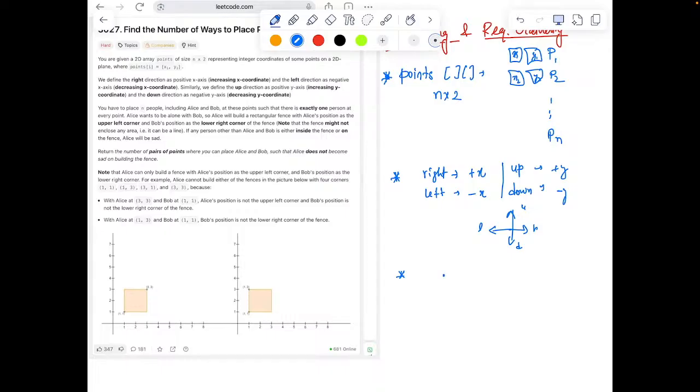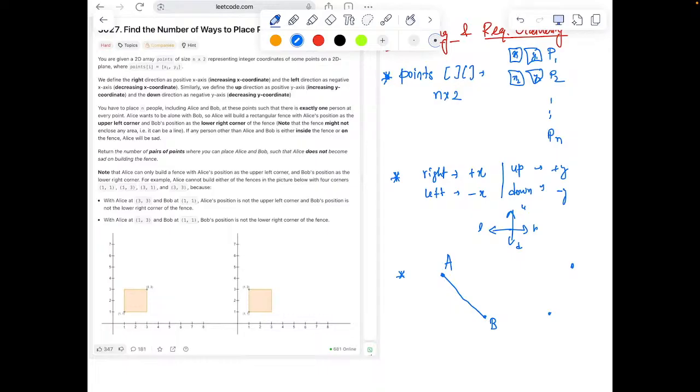So there are two people which we have to focus upon. One is Alice and one is Bob. So let's say these are their two coordinates. Now it can be anything, currently I'm making it upside down, but it might happen that, yeah, that also we need to think, right? Because if Bob is here and Alice is here, then it is not possible. So, even if we create the rectangle,